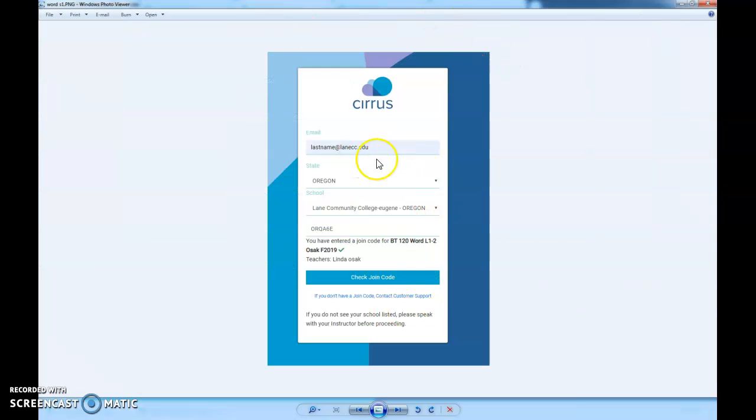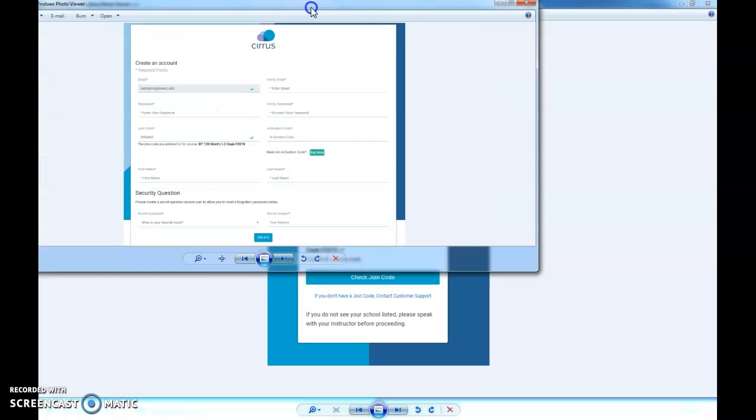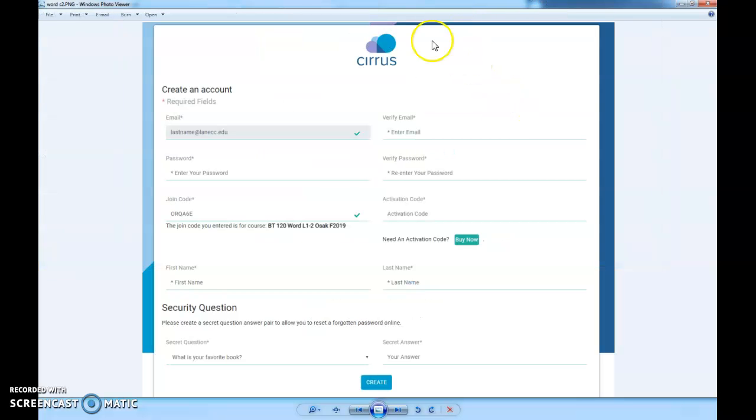It'll have your email. You'll need to use the drop-down to find Oregon and your school Lane. And the code for this class, the join code, is uppercase O, R, Q, A, 6E. You'll add that join code, have it check. The first time you check it, it will come back with this form. Join again. When you get to join the second time, you'll get this screen, and you'll create your